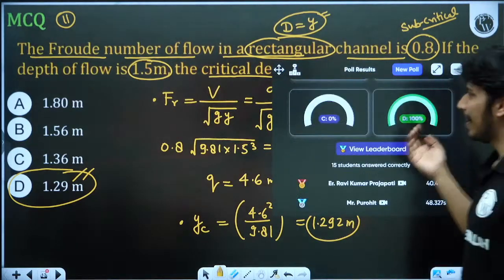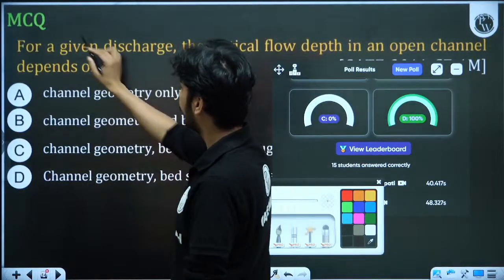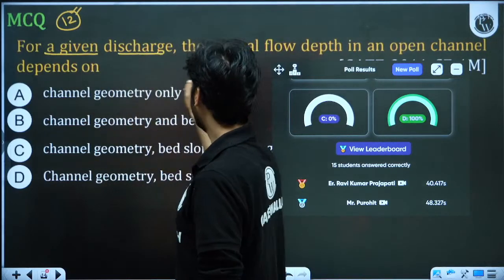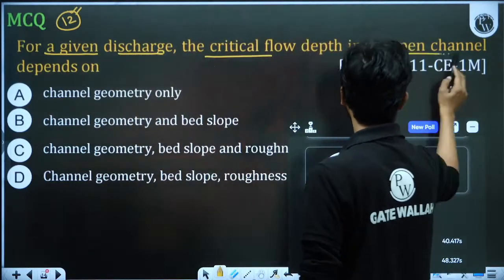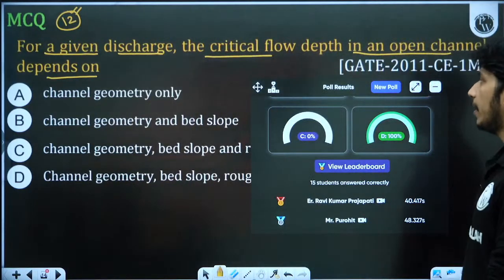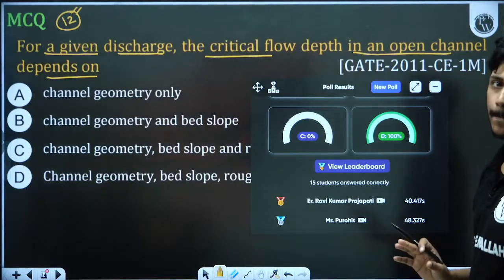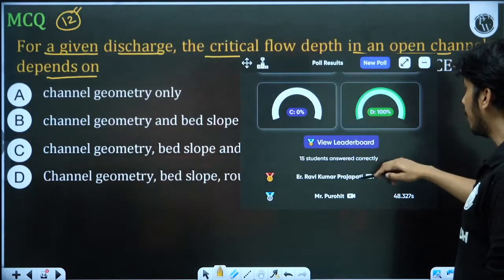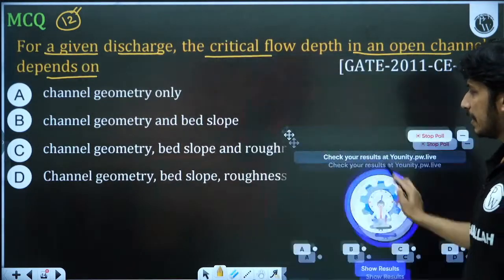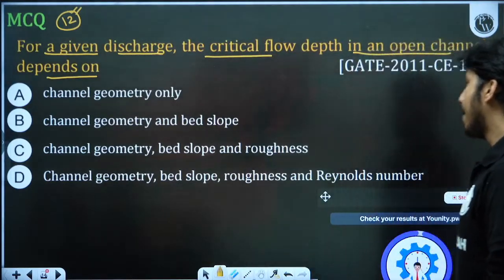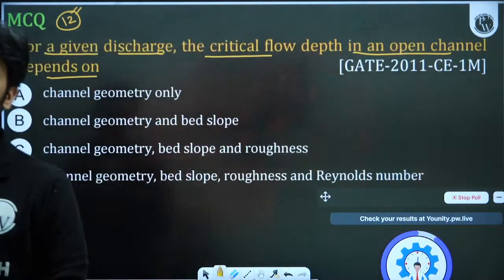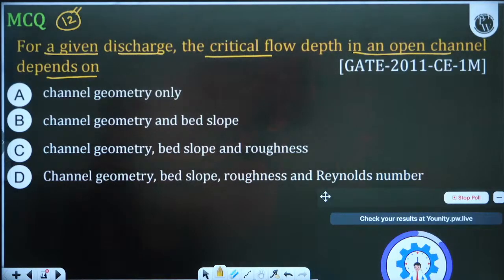ठीक है, आंसर तो सभी लोग ही सही देंगे। अगला क्वेश्चन, क्वेश्चन नंबर 12। फॉर अ गिवन डिस्चार्ज द क्रिटिकल फ्लो डेप्थ इन एन ओपन चैनल फ्लो डिपेंड्स अपॉन। किसी गिवन डिस्चार्ज के लिए क्रिटिकल डेप्थ ऑफ फ्लो किस पे डिपेंड करती है। बहुत अच्छा क्वेश्चन है। ठीक है, इसको करते हैं। पोल मैं क्रिएट कर रहा हूं, इसमें आपको दूंगा 90 सेकंड का टाइम। 90 सेकंड सफिशिएंट है क्योंकि थ्योरेटिकल क्वेश्चन है, जल्दी से आपको आंसर देना है, क्विकली।